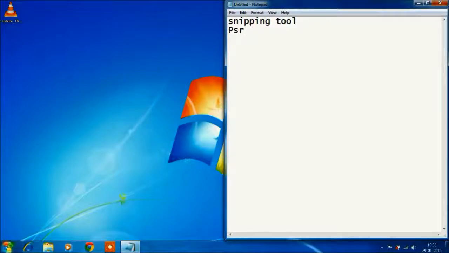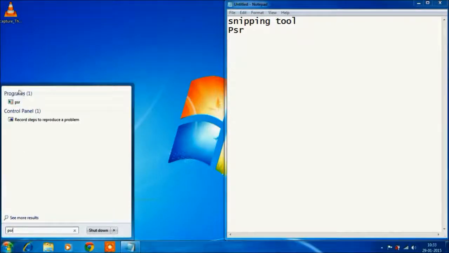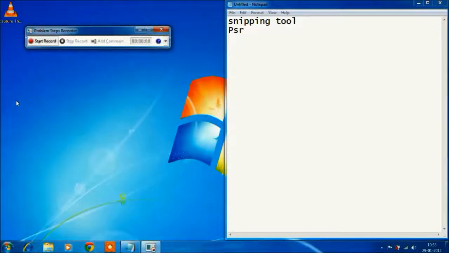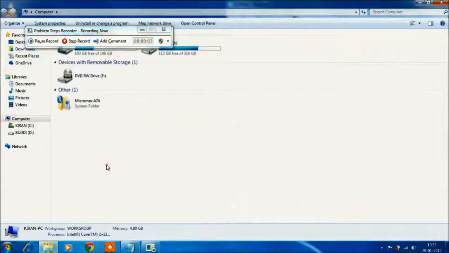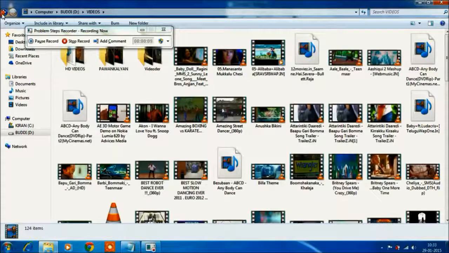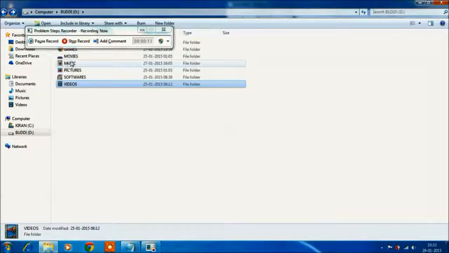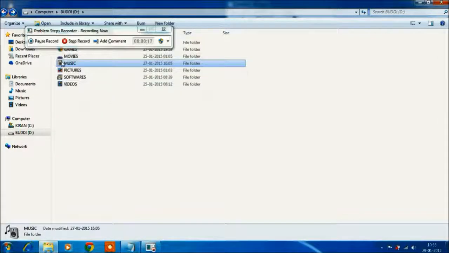If you are experiencing any problem with your system, you can just directly open this and select start record, so that every action you do on your desktop will be automatically recorded at the back end. If there is a problem in opening your music files, it will display a pop-up here, and that pop-up will also be shown.